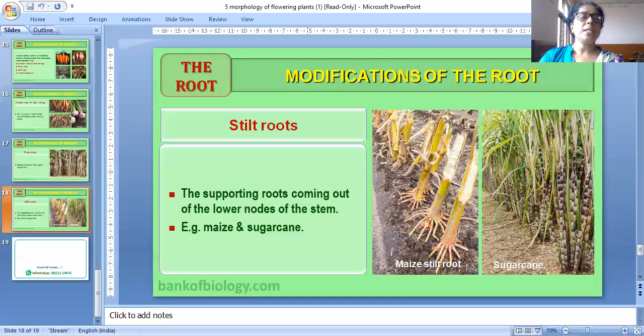Now we are going to learn another term, that is phyllotaxy. Phyllo means leaf, taxy means classification or arrangement. Classification or arrangement of leaves is called phyllotaxy. So phyllotaxy is the pattern of arrangement of leaves on the stem or branch. This is usually of three types: alternate, opposite, and whorled.